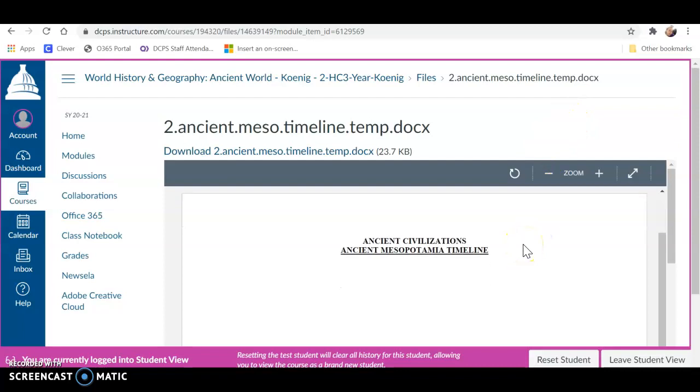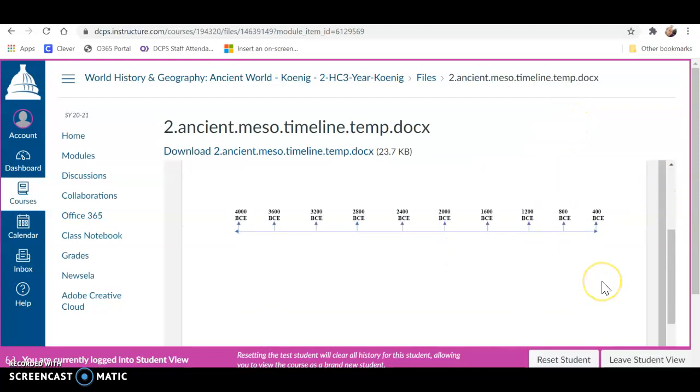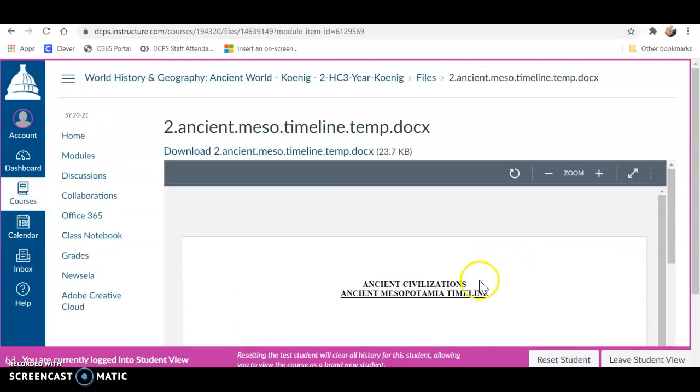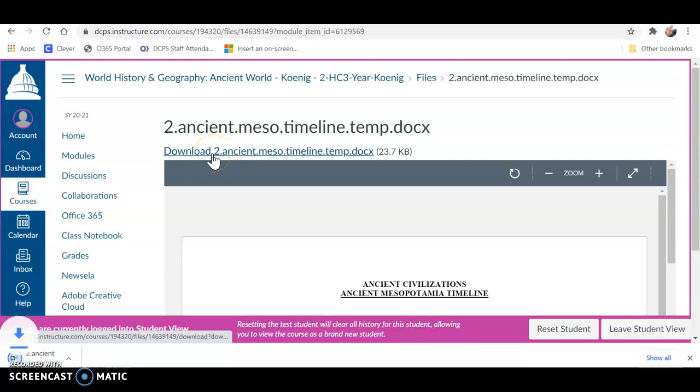Here we see a view of the timeline template, but we can see that we cannot write in the timeline template. So what you want to do is find Download here, click it, and what happens is that your computer automatically downloads it. You may find it here in your download bar, or you may have to go to your files